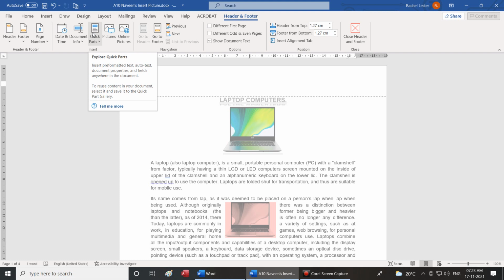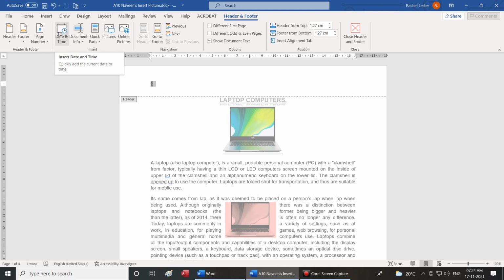Explore quick parts. Insert pictures, insert online pictures. Insert date and time.